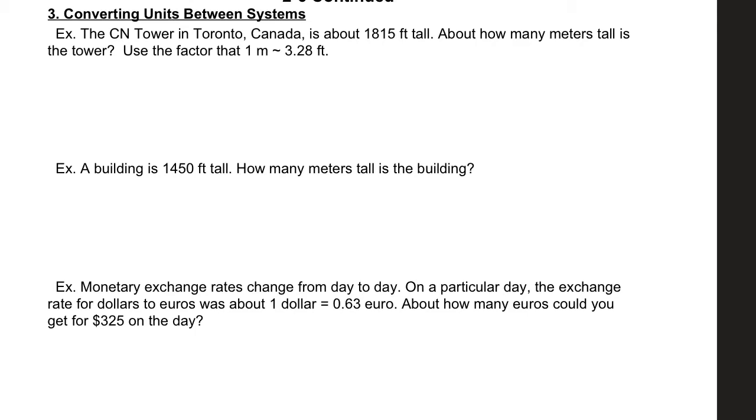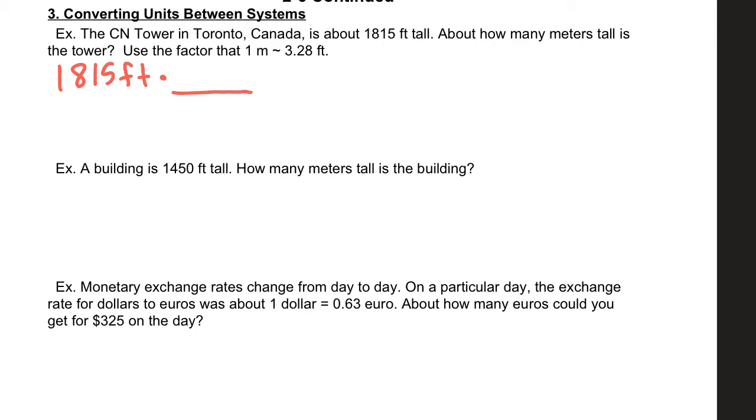in this example, it says the CN Tower in Toronto, Canada is about 1,815 feet tall. How many meters tall is the tower? So use that factor that 1 meter is about 3.28 feet. So it's just like the problems we were doing before. We still set up our ratio, 1,815 feet. Now to set up my conversion factor,